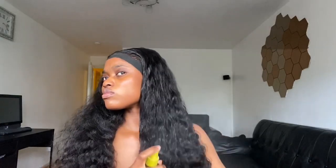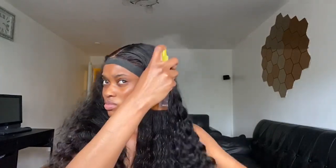Alright, so to define the curls on this, I'm using a mixture of the Soft and Free Curl Activator lotion, or whatever you want to call it. It's just a quick curl activator. I'll say it's a lotion because it feels like a lotion, and I just mix that with water. I feel like alone the curl activator is very, very thick and it can weigh the hair down,